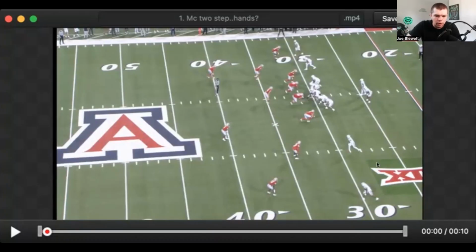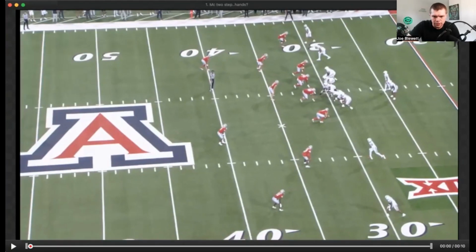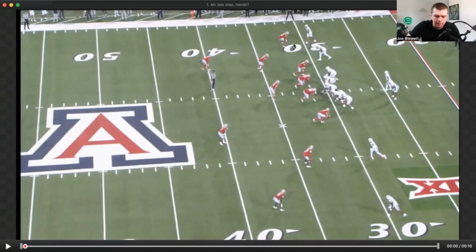So I watched New Mexico, Kansas State, Utah, BYU, and Houston. We will get into the lists of strengths and weaknesses at the end of the review. Starting off, I think quite a few of the first plays are pretty good for McMillan, even though this one's